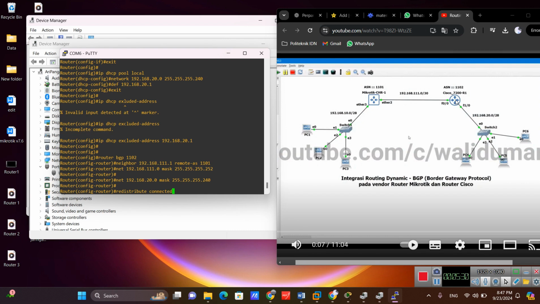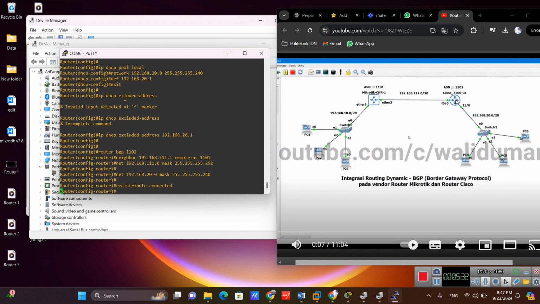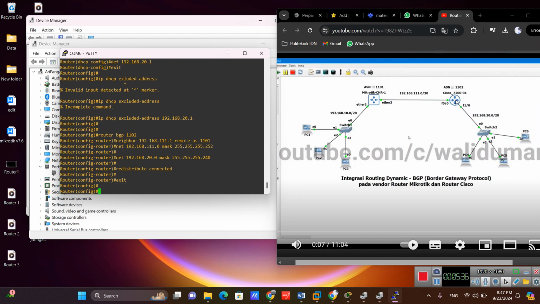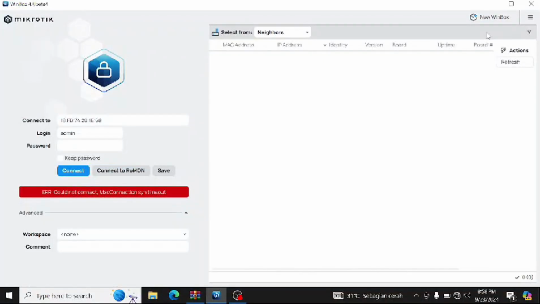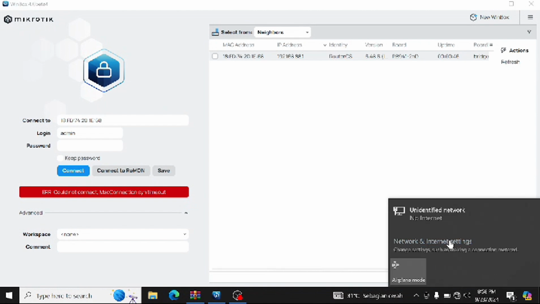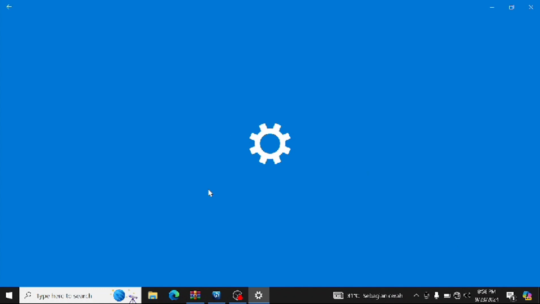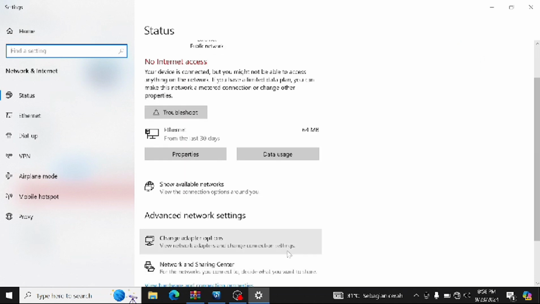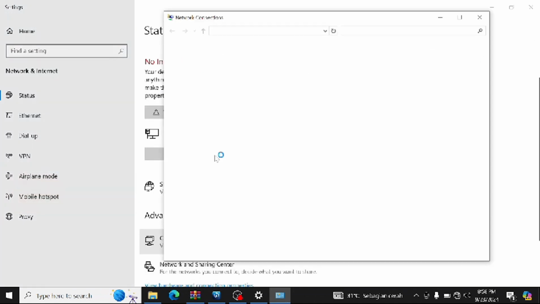Okay, this is enough for the PuTTY, so come on, go to MikroTik. Okay, let's go. So in here we can enter from MAC address if it cannot be IP, but I wanted to look first whether the port has connected or not.